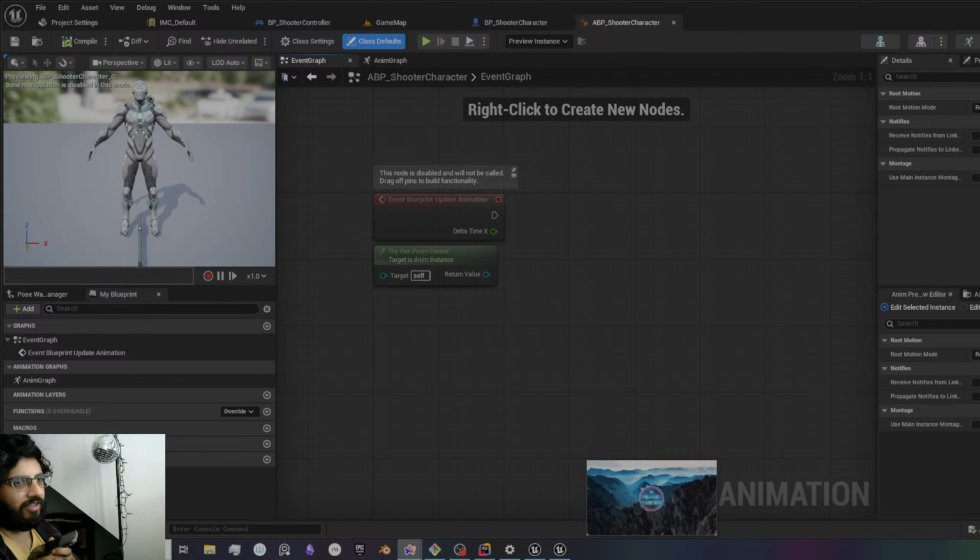Then over in the bottom left, we've got that My Blueprint pane, which is very much the same as My Blueprints on your standard blueprint. You've got your functions, your variables, macros, that sort of stuff is the same. We've got the graphs as well, that's also the same, but what's different is this animation graphs and animation layers. Now we're not really going to touch upon animation layers, that's a bit more of an advanced feature that we don't need, but the graph, that is what is very important indeed,